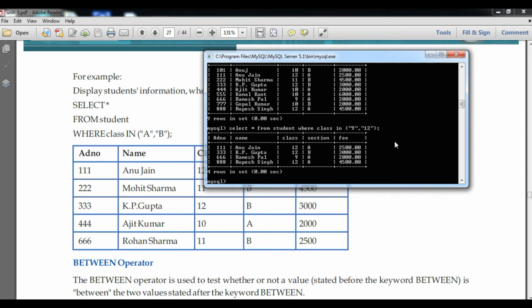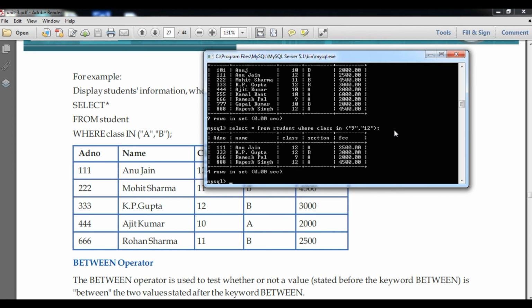So student, we have learned how to use the LIKE operator and the IN operator. The IN operator is used to get a specific list. Suppose a number of persons are in my table. If I want to search for a specific list according to city, section or class, in that situation I will use IN.